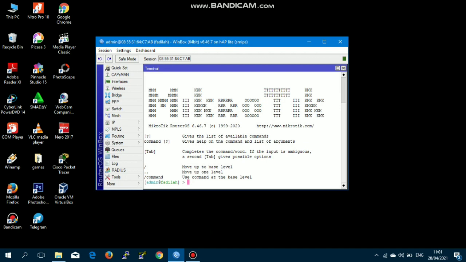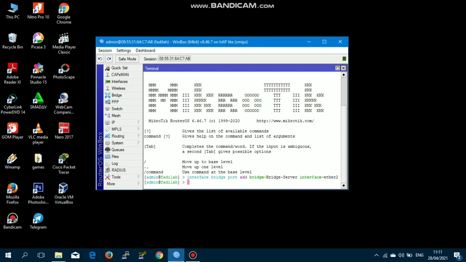Add for interface Ether2 with the command interface bridge port at bridge server for interface Ether2. Then don't forget to check the configuration results with the command interface bridge port print.